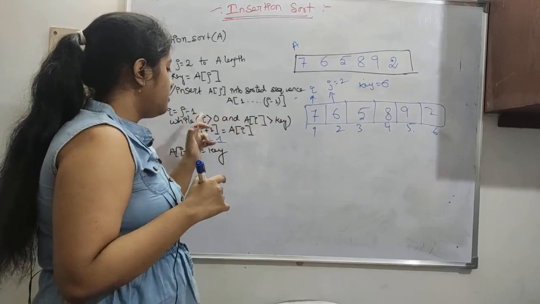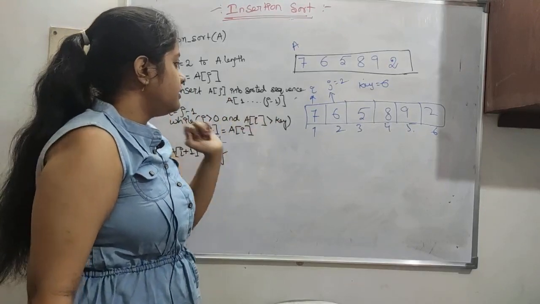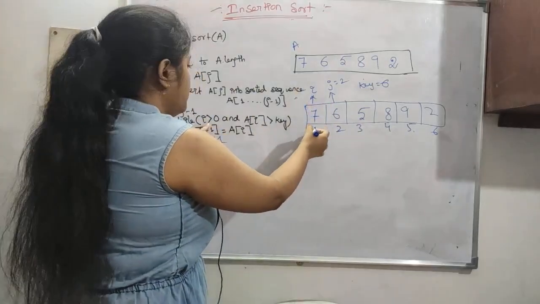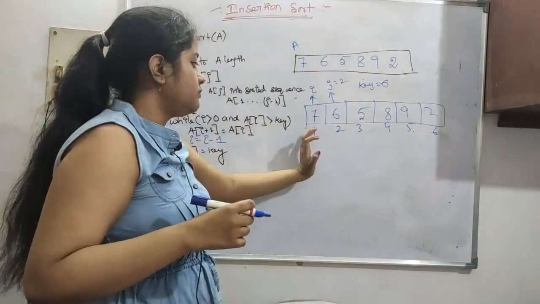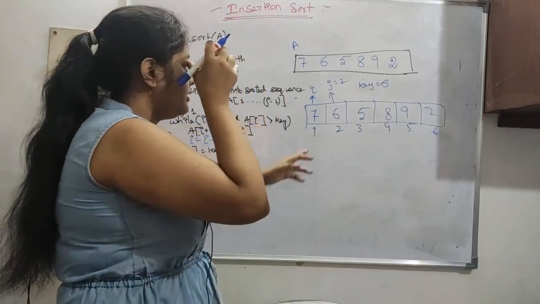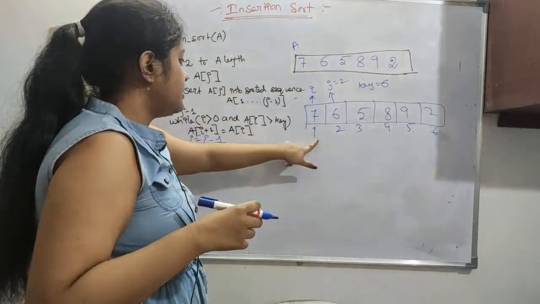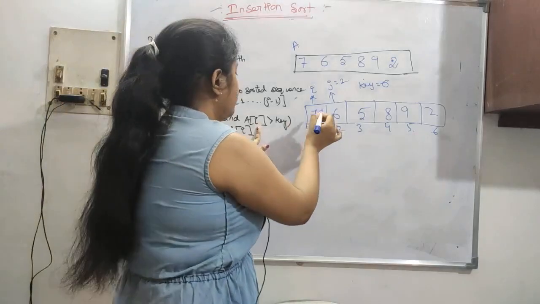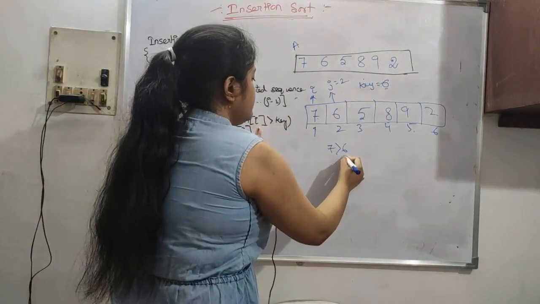So now here it is AND, so I is greater than 0 and A of I is greater than key. So let's see, I is greater than 0 because here I is 1. So that's why I changed the number. Okay, so firstly it was 0, but then we have to change the algorithm, but let's change the indices here. So I is greater than 0 because I is 1 here, so I is position 1, and A of I means 7. 7 is greater than key, yes, it is greater than key. 7 is greater than 6, which is the key.